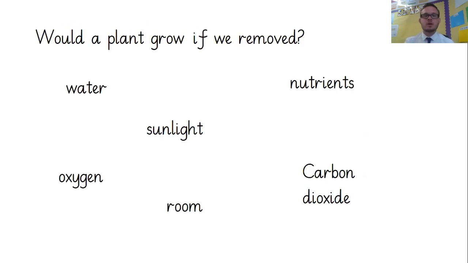Okay, what do we need to grow? So, water, sunlight, nutrients, carbon dioxide, oxygen, and they need space, they need room as well. Now, what would happen if we removed any of those? What do you think? Pause the video, say what you think. Okay, I know a lot of you would have said they won't grow, which you'd be partly right, yes, but